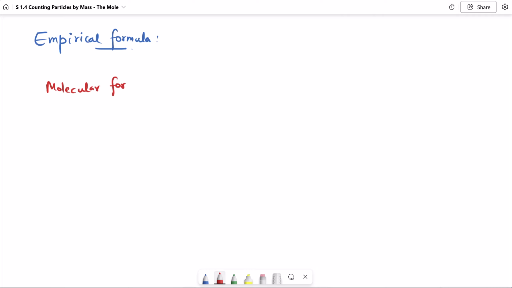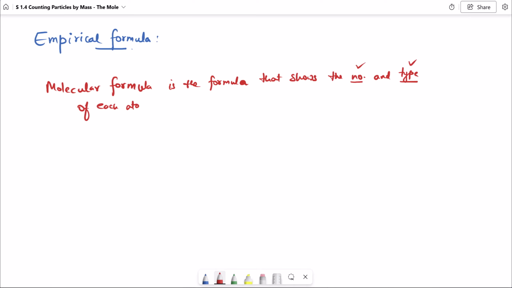The molecular formula is the formula that shows how many atoms are present. We can say that the molecular formula is the formula that shows the number, and it also gives the type, number and type of each atom